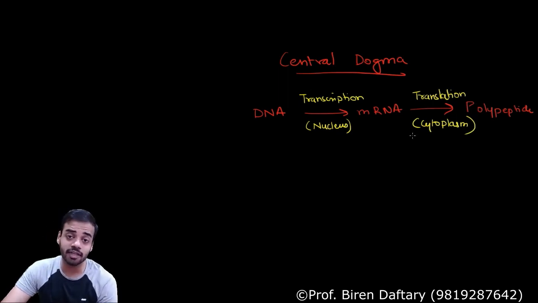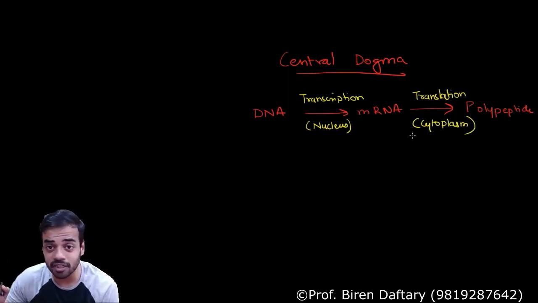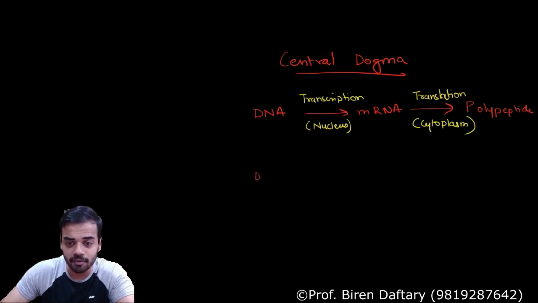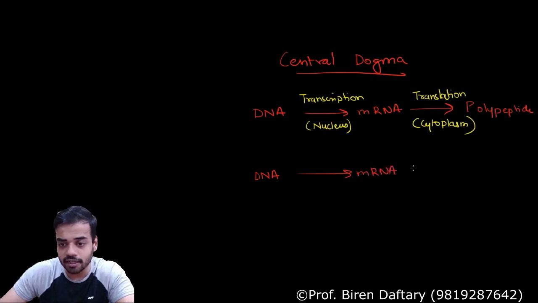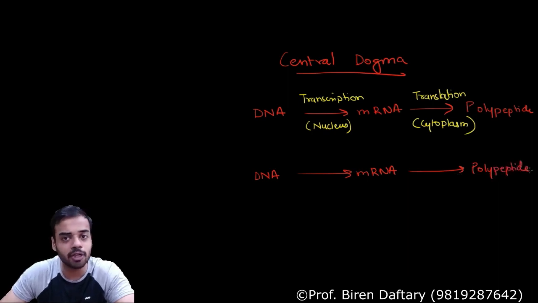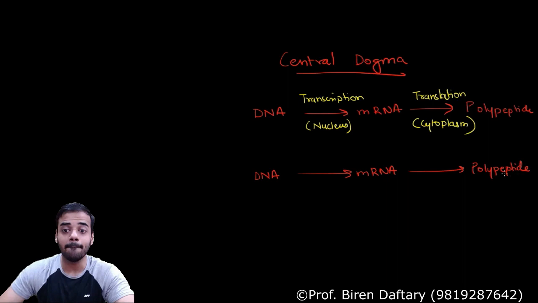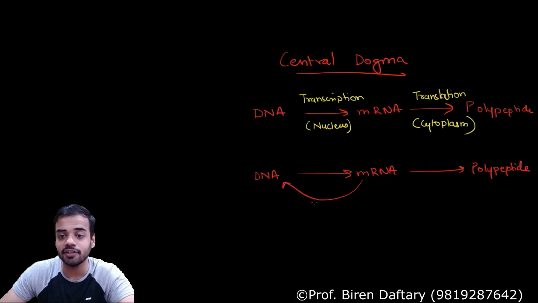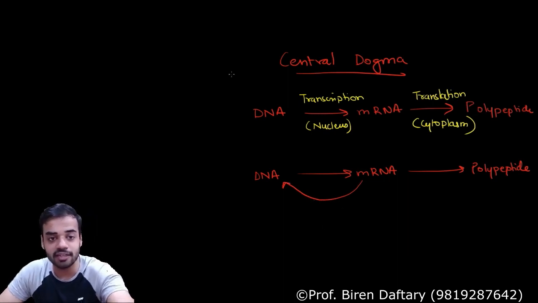This was given by Crick. Now there was a separate summary given for retroviruses, if you remember. What was the summary or the flowchart for retroviruses? It was same. So DNA converts into mRNA, mRNA converts into polypeptide. Okay, many amino acids form polypeptide, many polypeptides form proteins. But in case of retroviruses, the retroviruses are the viruses having RNA as genetic material. So that RNA gets converted into DNA first through a process which is called as reverse transcription.